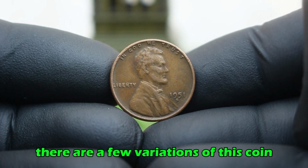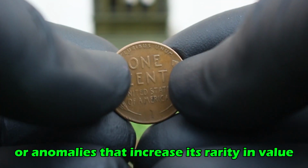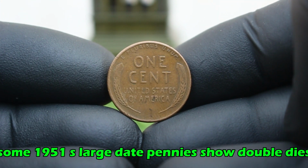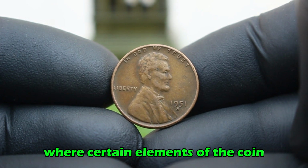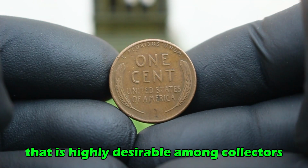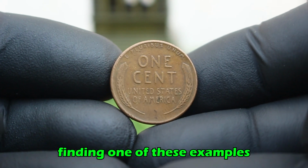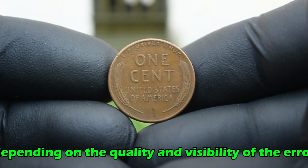There are a few variations of this coin that include subtle minting errors or anomalies that increase its rarity and value. For example, some 1951 large date pennies show doubled dies, where certain elements of the coin, like the date or lettering, appear to have been struck more than once. This creates a double image effect that is highly desirable among collectors. Finding one of these examples could increase the value of the coin to several $100s, depending on the quality and